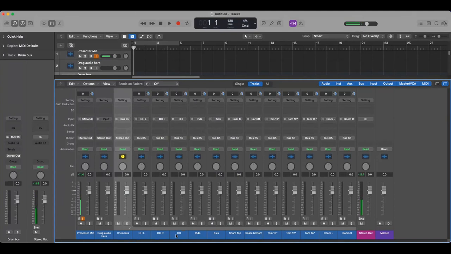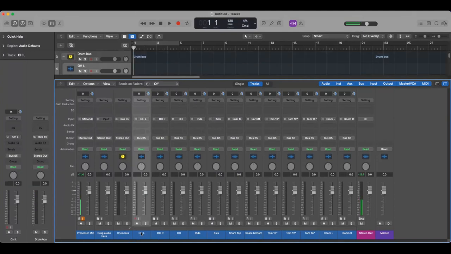So now what I'm going to do is I'm going to go ahead and create some stereo buses for the microphones that I will want to process together. Okay, so the overhead left and overhead right microphones, I will process those together as a stereo bus. All right, so I'm going to go ahead and highlight both of these in the mixer window,